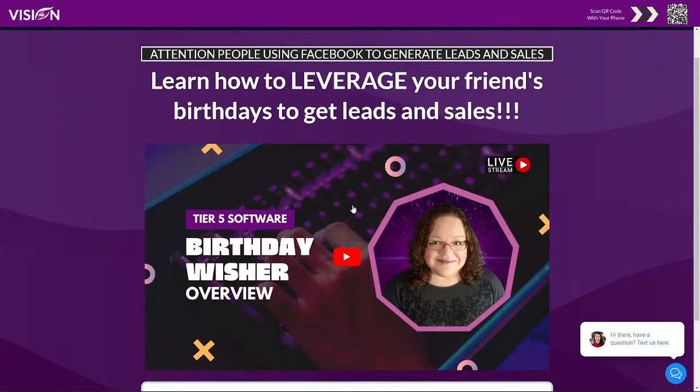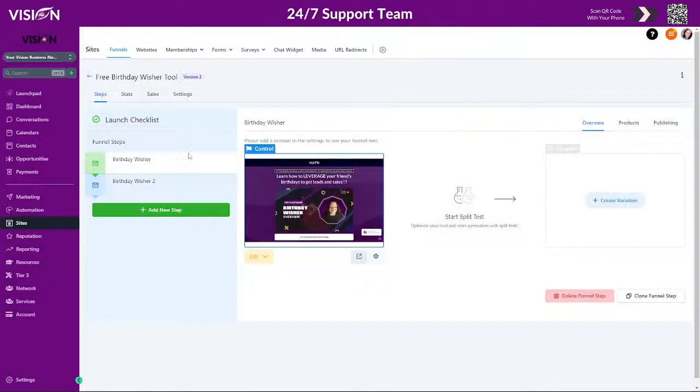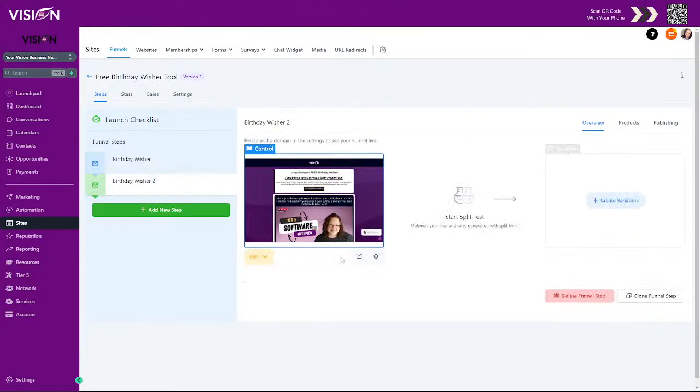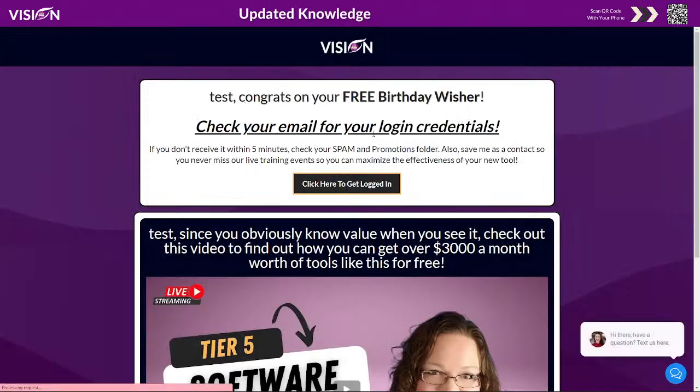So this is the opt-in page. However we want to get traffic, whether it's organic or paid or whatever we want to use, this is where we're going to send them. They're going to opt in and they're going to give us their information, okay? Now, the second part of that, as soon as they give us their information, they're going to go to this